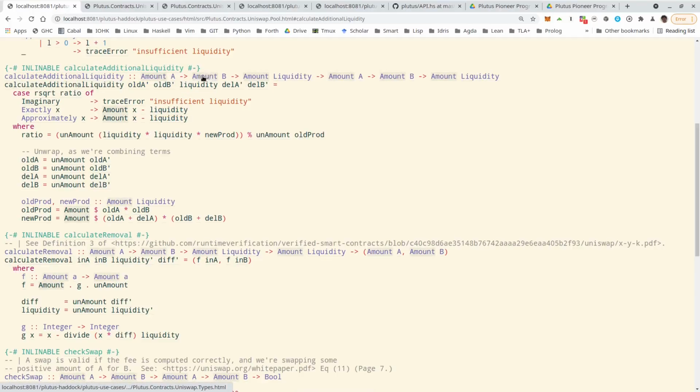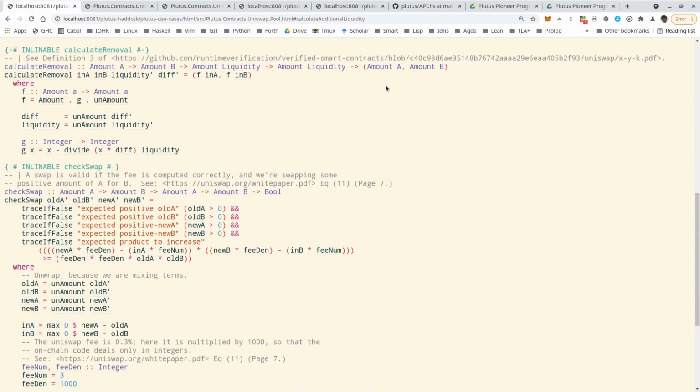So the first two arguments are the amount of token already in there. Then the third one is the liquidity that has already been minted for the pool, not the liquidity tokens that have already been minted. And the next two arguments are how many A's and B's are added to the pool. And the result is how many liquidity tokens will be minted in exchange for this additional liquidity.